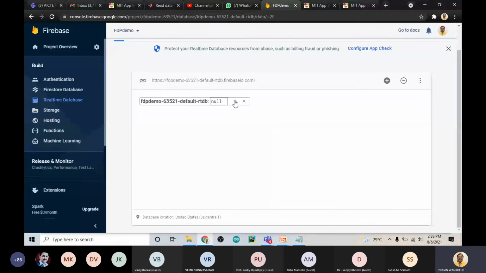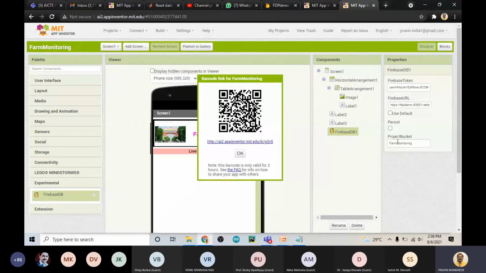Okay. Now, in my App Inventor, what is the project bucket name? It is the farm monitoring.